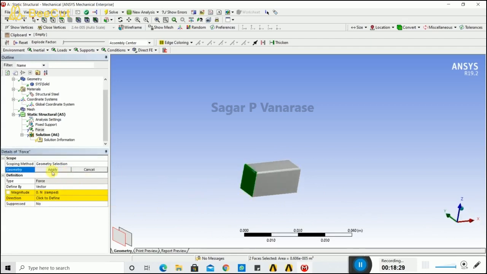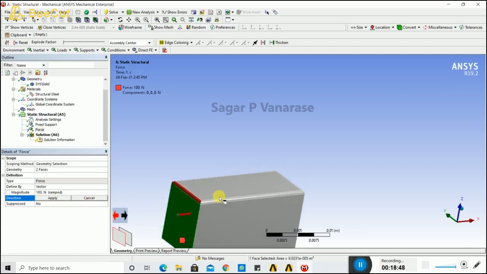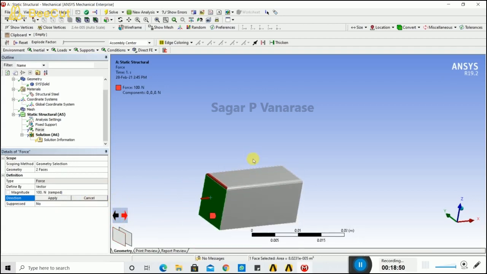Then I am providing the magnitude, that means what quantity of force we have to apply on the object. First of all, select the geometry faces. Now I am applying around 100 Newton force on the left side of the object.